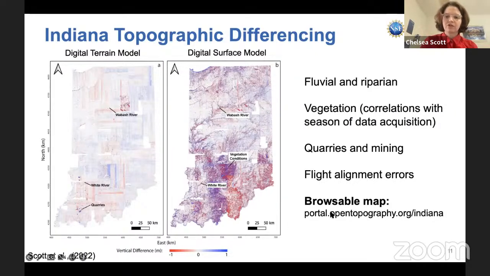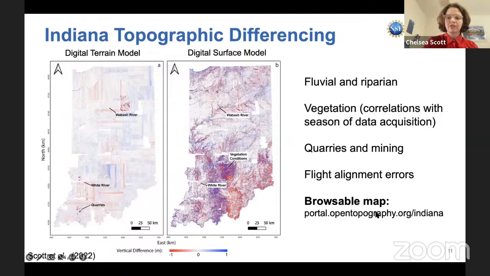There's a variety of signals from quarries and mining, particularly in the western and southern portions of the state. And then, especially in the digital terrain model, a very prominent signal is from these flight alignment errors. And these create these north-south and east-west errors throughout the data set.